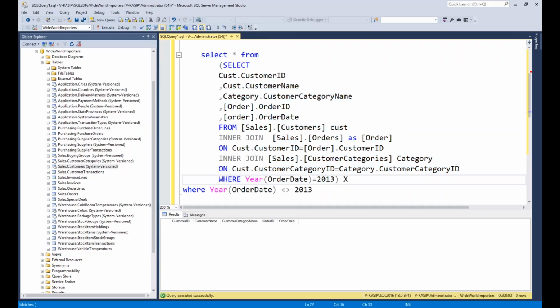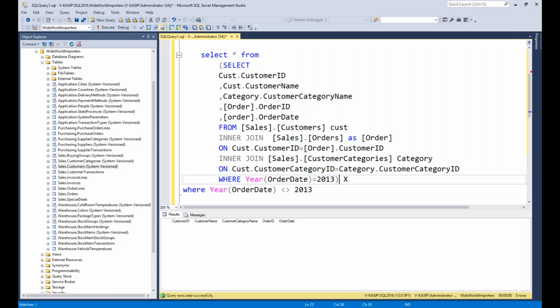Another question, sir: which type of query has more cost, subqueries or using a group by clause? Both have two different purposes, right? With the subquery, you are just holding the result set in another environment and taking the information from there. The group by clause is used for aggregations. Don't get confused. Group by is used when you want the count, sum or minimum of the records. If you want to apply aggregations, only then do you go for group by. So both have different purposes, and there is no comparison between those two things.